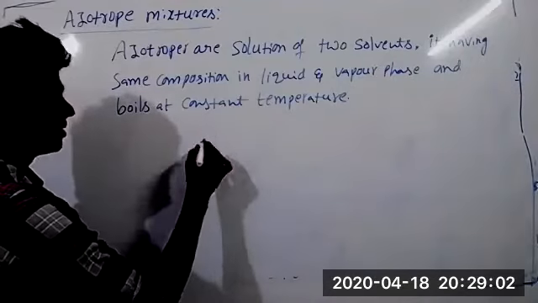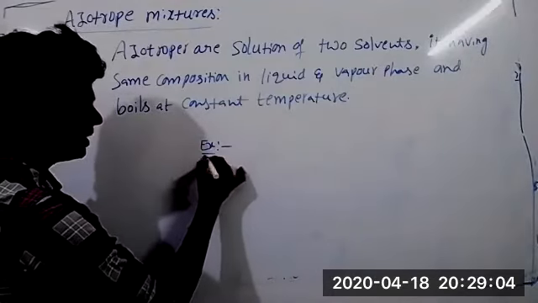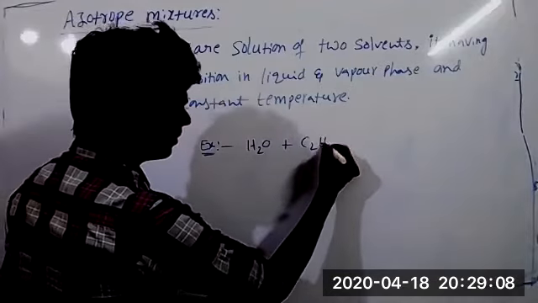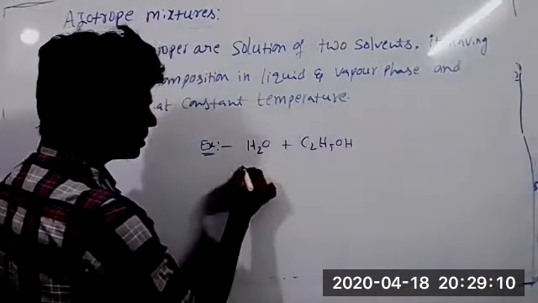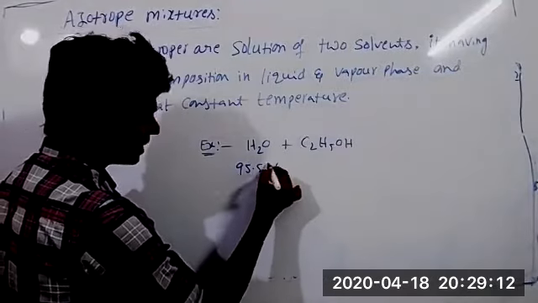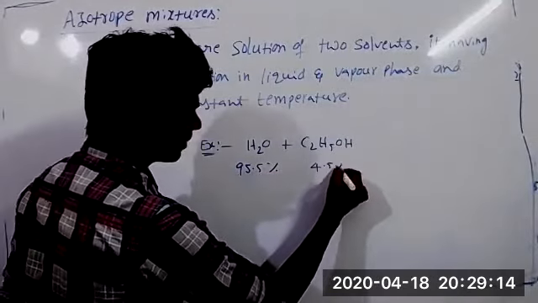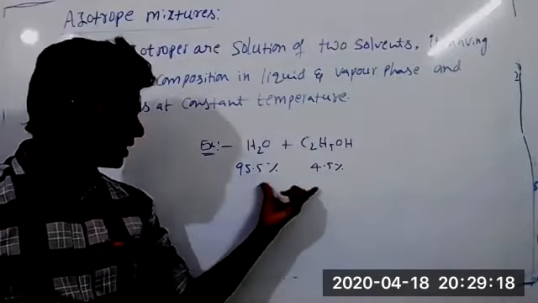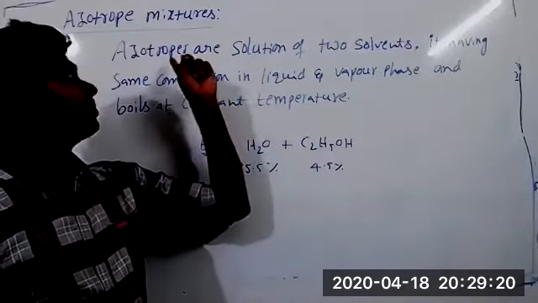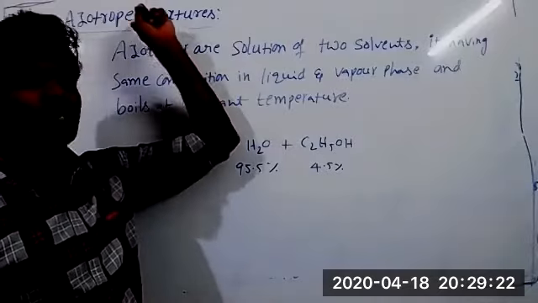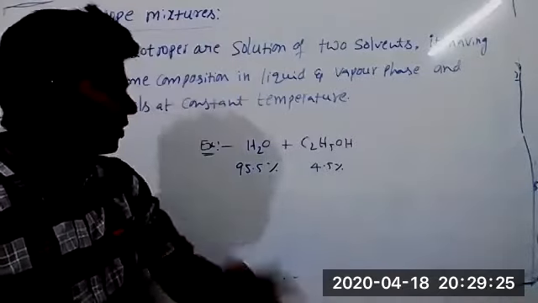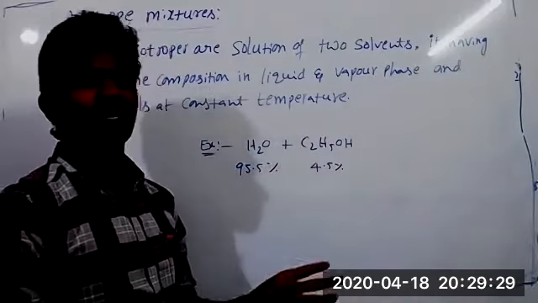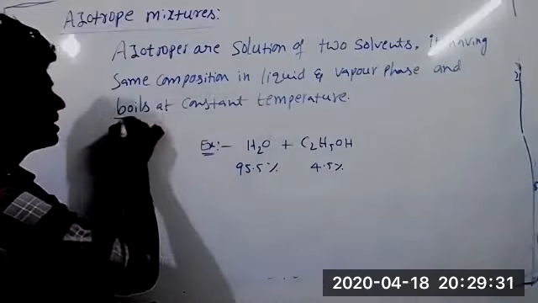One example is, don't write this, just listen. The example is water and ethyl alcohol. The composition is 95.5% water and the remaining 4.5% ethyl alcohol. When you prepare a mixture with this composition, it behaves as an azeotrope. If you try to separate water and ethyl alcohol, it's not possible, because they boil at constant